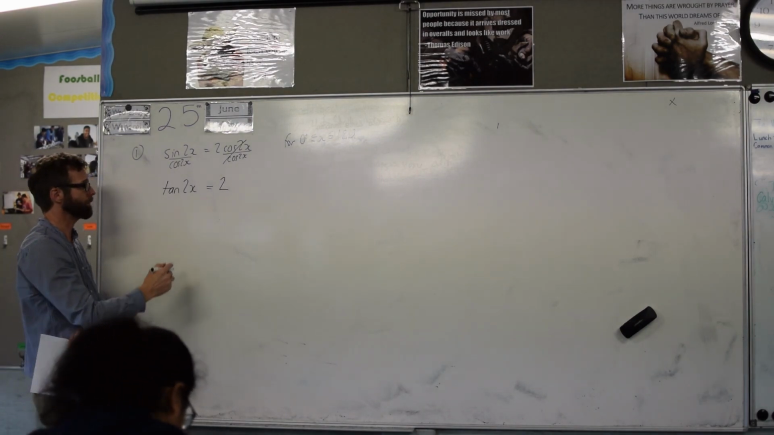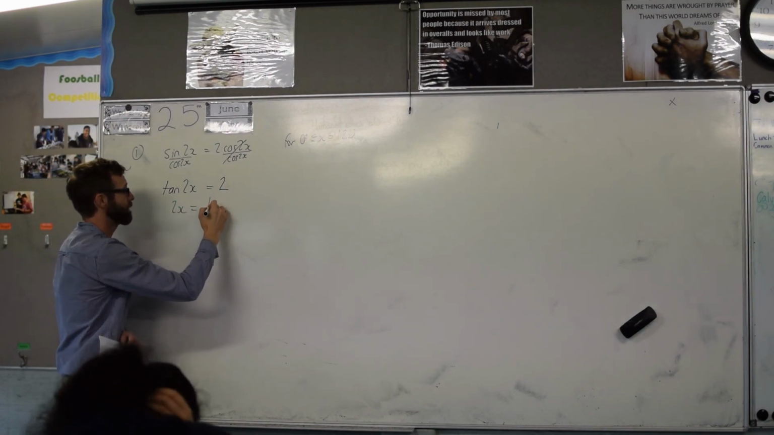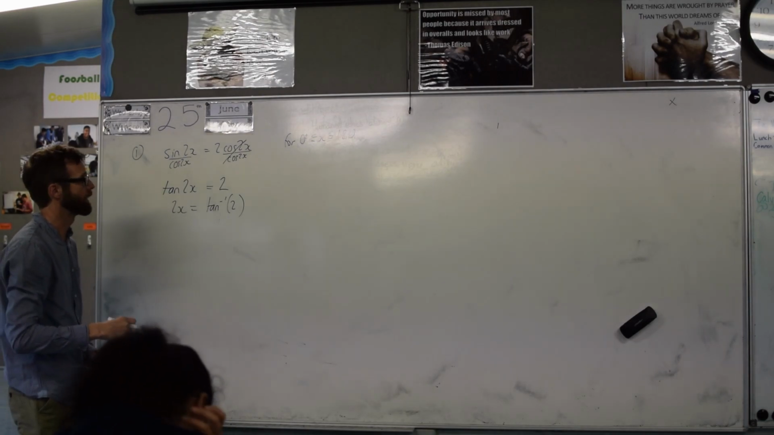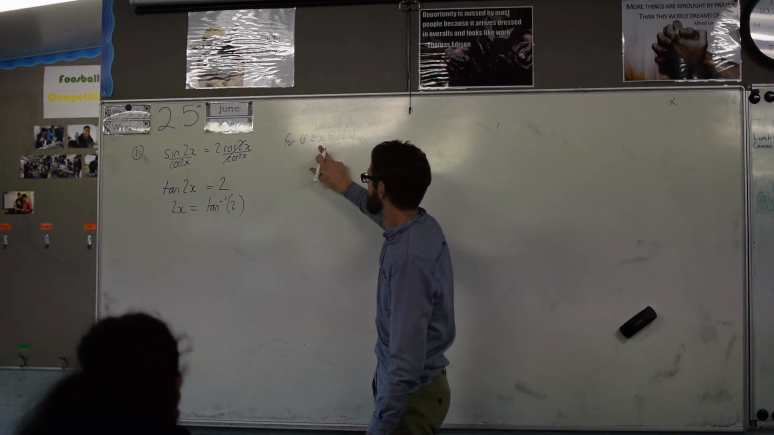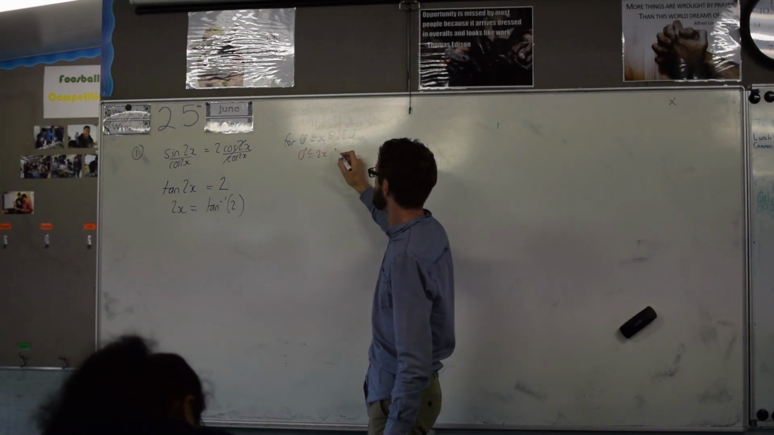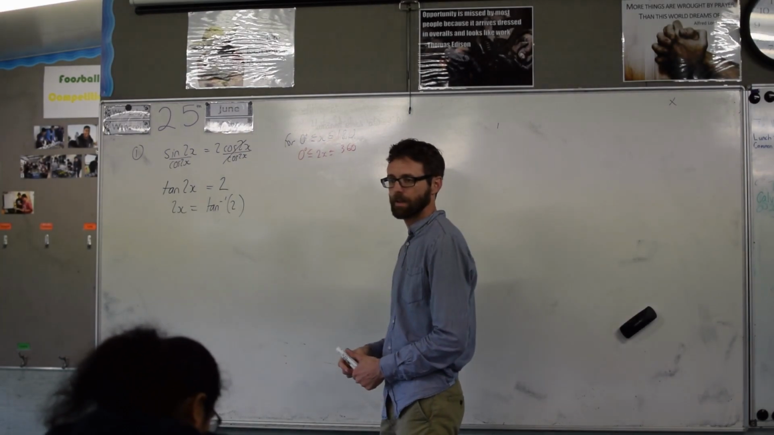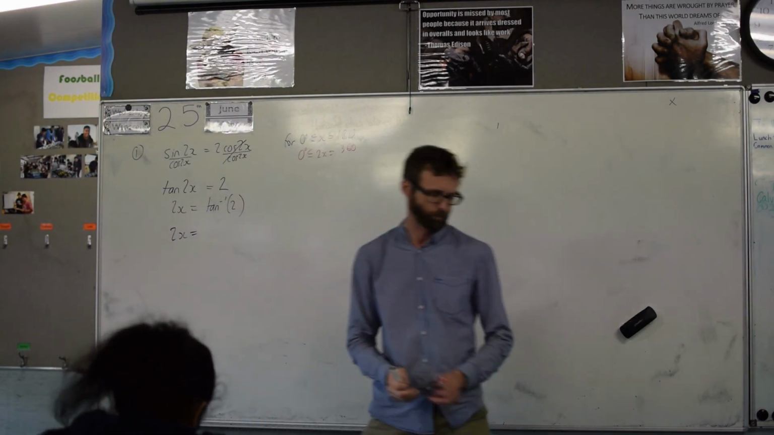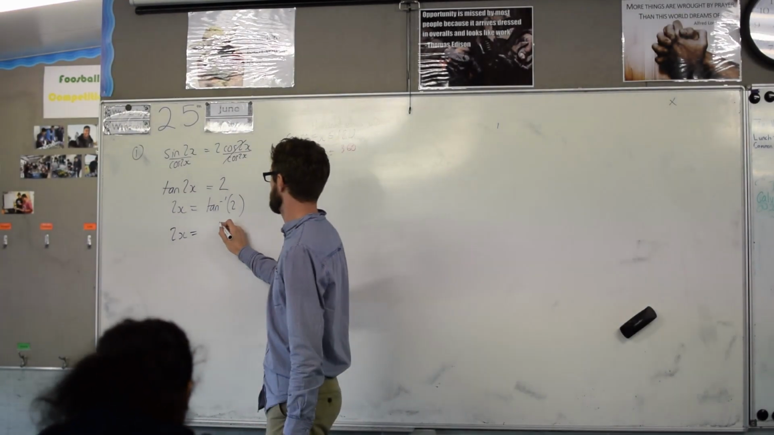And now, we can say 2x equals the inverse tan of 2. Now, we could just update, if you like, this here. This is for x, right? What about for 2x? It'll be between 0 and 360. Okay. So, let's find out what this equals. So they've got 2x equals our first one is